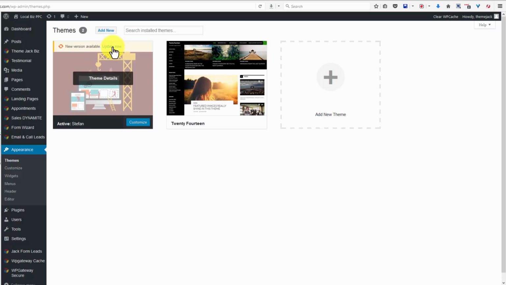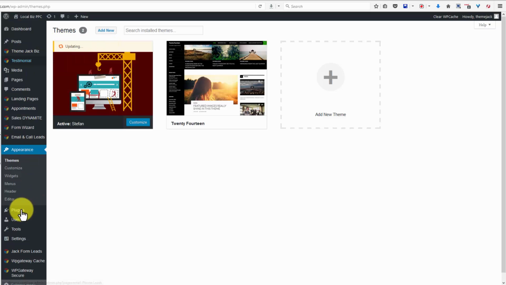and I just updated this yesterday and there is a new update. So trust me, you do not want to miss out on any of the new things that are being added to the themes. And when this is finished updating, you could also check on your plugins and make sure they're